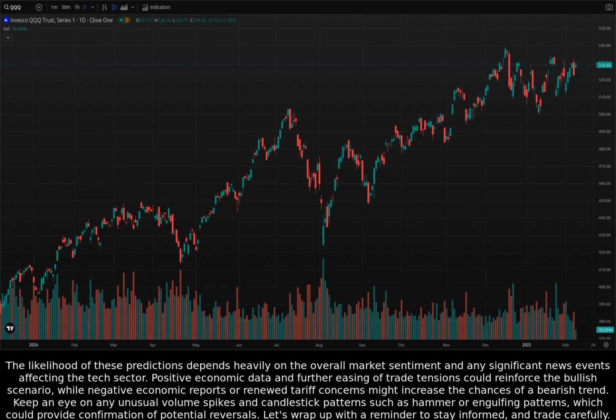The likelihood of these predictions depends heavily on the overall market sentiment and any significant news events affecting the tech sector. Positive economic data and further easing of trade tensions could reinforce the bullish scenario, while negative economic reports or renewed tariff concerns might increase the chances of a bearish trend. Keep an eye on any unusual volume spikes and candlestick patterns such as hammer or engulfing patterns, which could provide